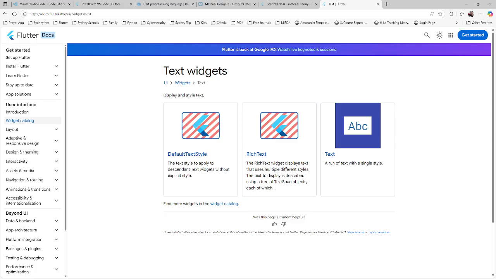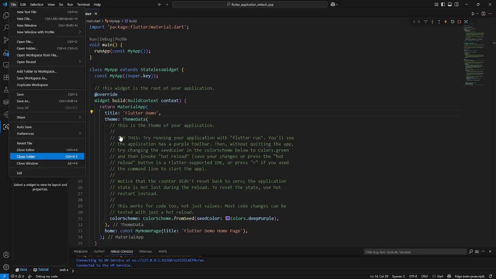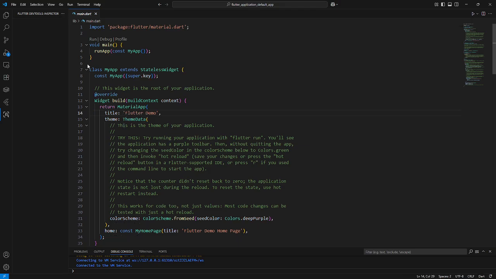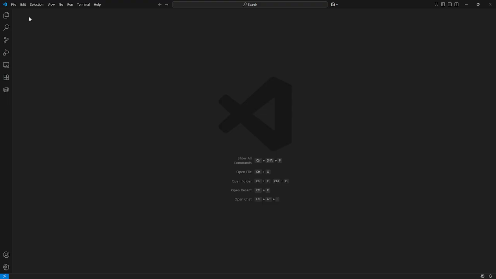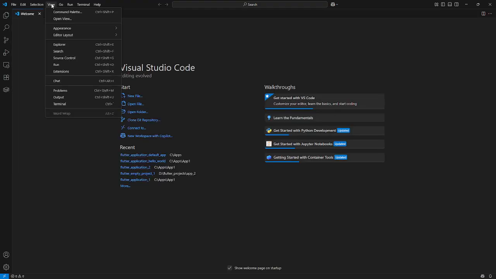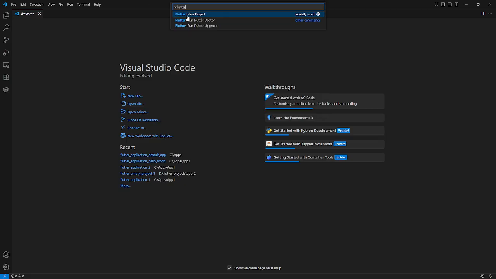So now, going back to VS Code, I'm going to close the folder. I'm going to create the project from scratch. So I'm going to create a new folder. Go to View, Command Palette, Control Shift P, and then I'm going to search Flutter, or I can select Flutter New Project,